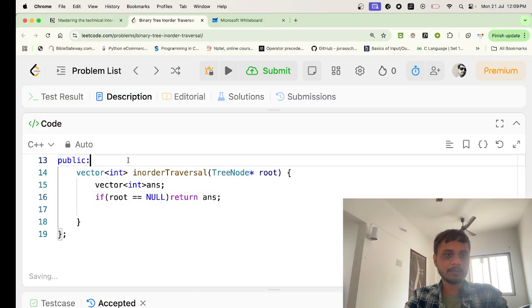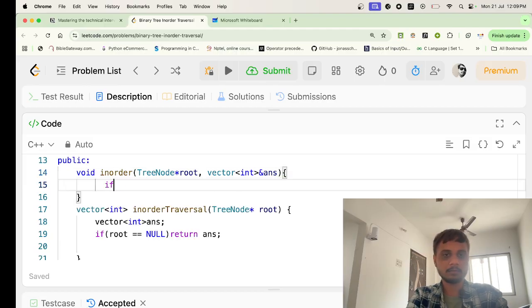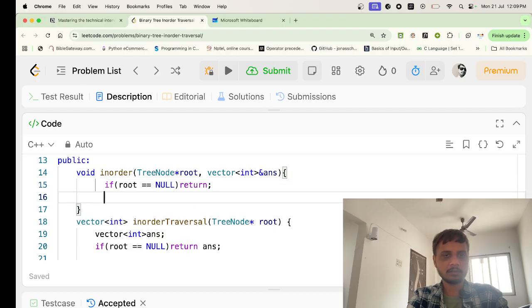Then we will call this function, let's call it inorder. It takes the root node and then it takes the answer, return this answer. No, return nothing, just return. Otherwise